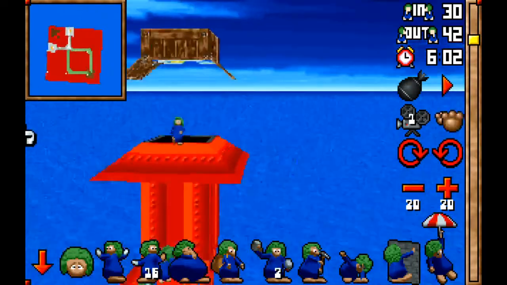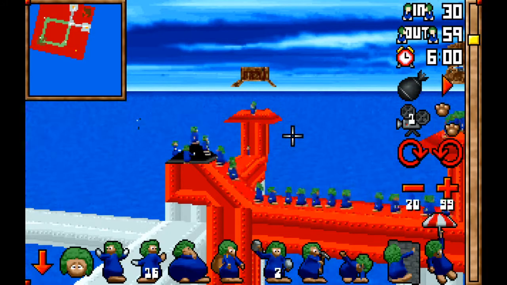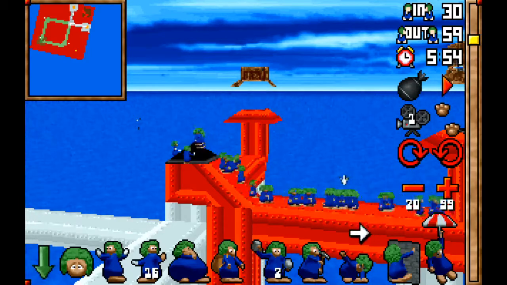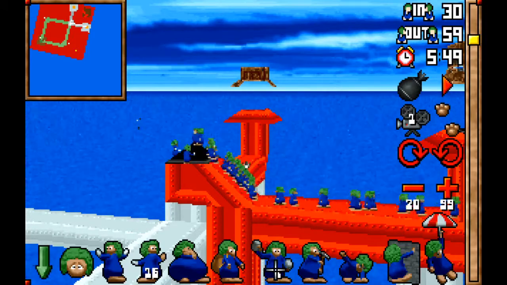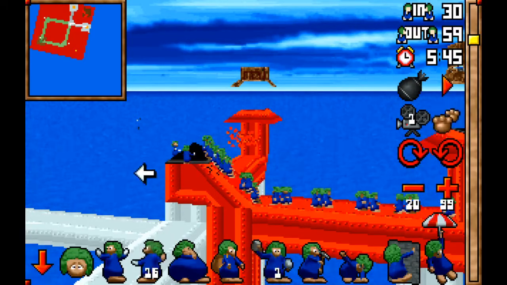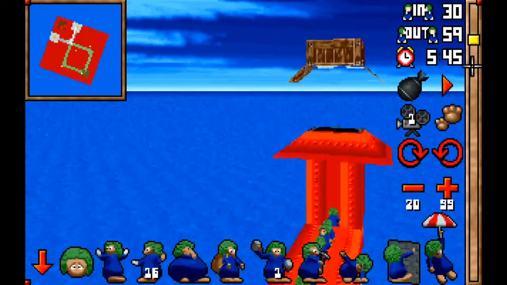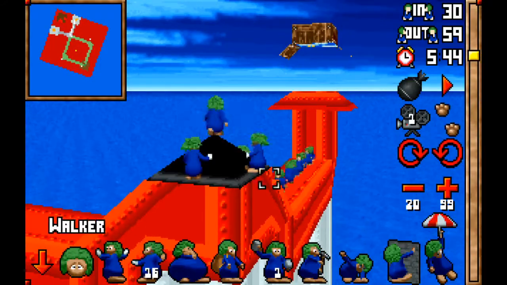And to do that, I need to free these crowds. Let's get them all in. Let's get the guy, one of the guys at the back here. And this. So all the lemmings will be coming from this direction, so I want to try and catch as many as I can and maintain